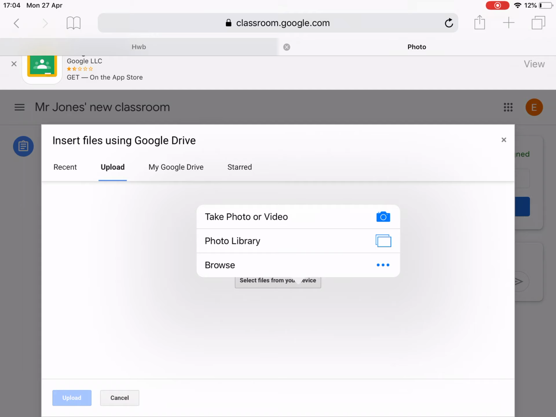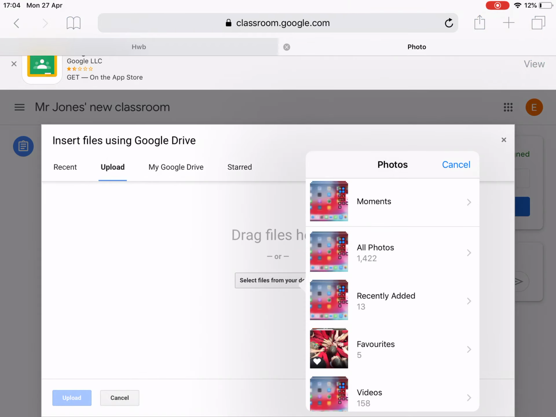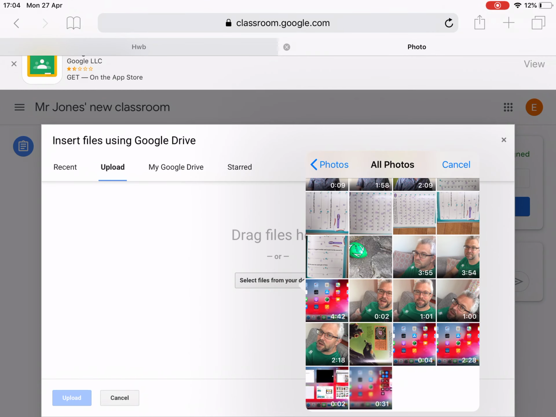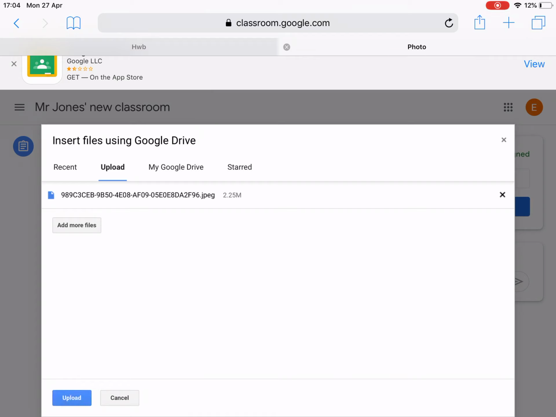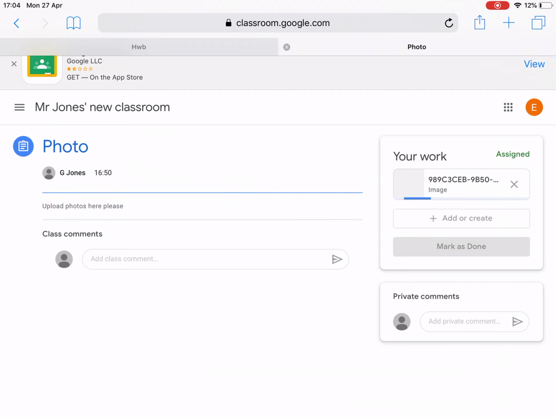And I'm going to take one from my photo library here. Should do exactly the same on a mobile phone, by the way. I'm going to go into all photos, and I'm going to take this picture here and press done of the work that I've created. You can see that you can add more files. There's our option there. I will simply then upload. So go through quite quickly, and it'll take me back to the assignment page. See, it's still just uploading here,